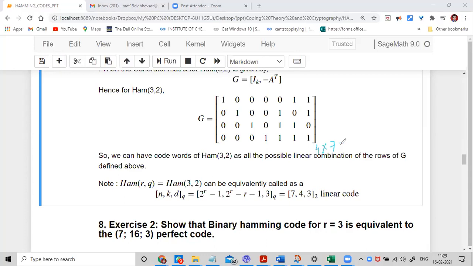So in total, how many vectors will be there in the code before actually finding the code? Right, 16. So how do you get them? You already know 4 of them. What are those? The 4 rows of the G. So these are already 4. This is the basis of that entire code. So how do you get the other codewords now? Total 16, 12 are left. How do you get 12?